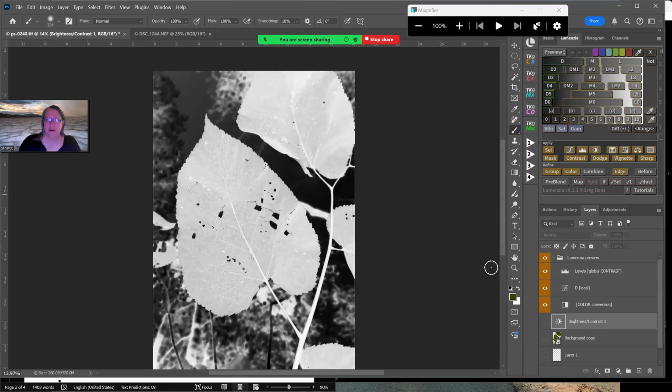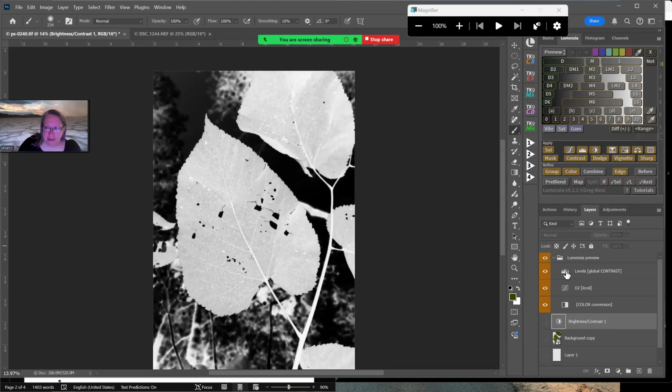Now let's say you're doing this. Let's say we're in darks 1 here, and darks 2 is just too restrictive or whatever. I can go in and I can refine this mask by just clicking on this levels here. Everything in orange, that is part of the Lumenzia engine. That is what's creating these actions, or these presets. Basically, it's essentially a preset. So you can see here it says Lumenzia preview, levels,